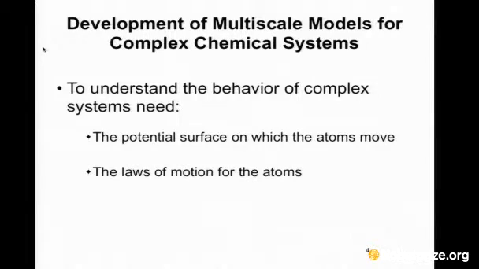Now, in trying to study more complex systems, we really have two aspects that we have to consider: the potential surface on which the atoms move and the laws of motion that govern the atoms, and both of these we would like to treat with classical methods where possible. Now, the Nobel Prize focused on the potential surface,